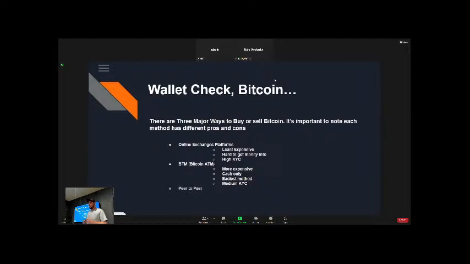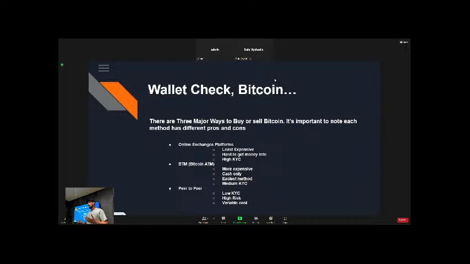And then there's peer-to-peer. Low KYC or no KYC: you don't have to know who someone is for them to sell you Bitcoin. They're high risk, especially if you're dealing with someone you don't know. You could send them Bitcoin and they could take your money and not send you the Bitcoin, or it could be shady in a thousand different ways. It could be stolen, it could be counterfeit money. There's a thousand different things.